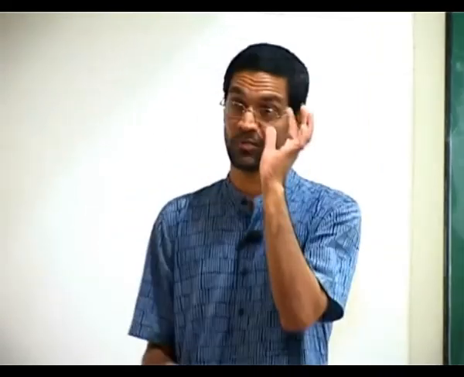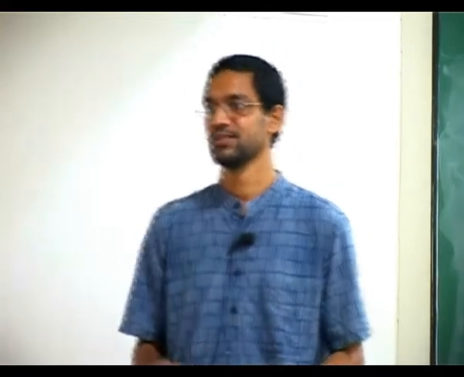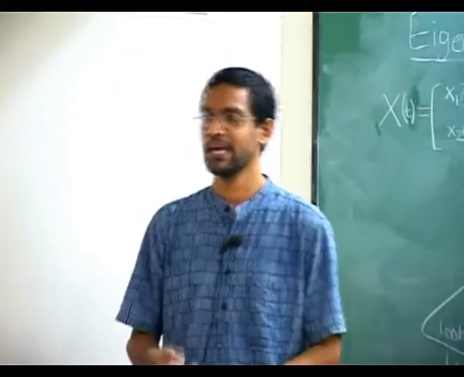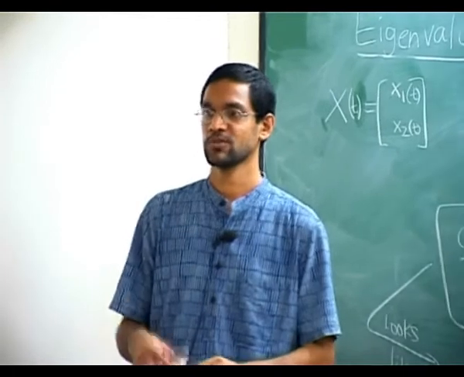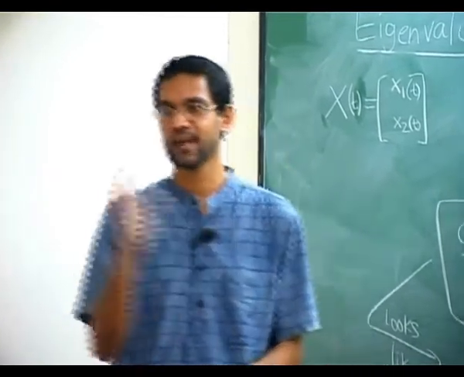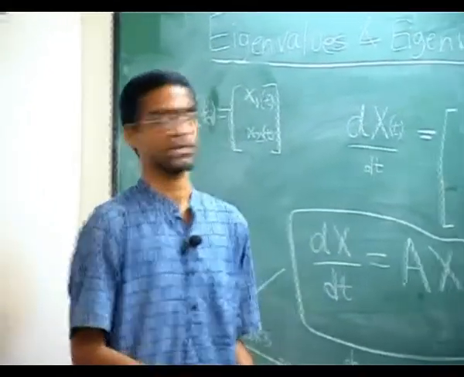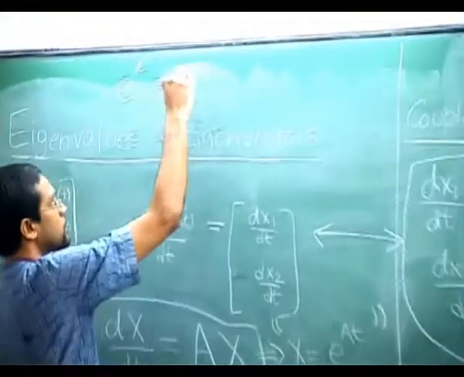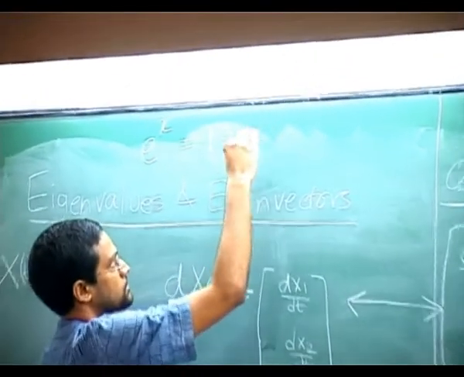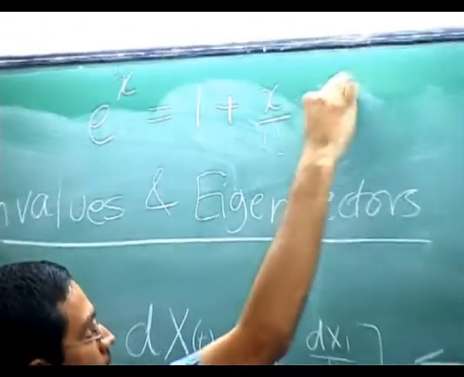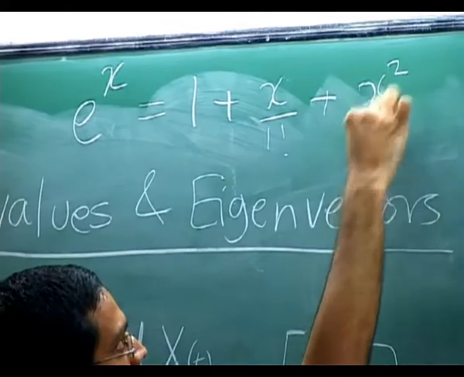Yeah? It is a series. That's the thing. That's more or less the only definition we have, right? So of course after that we look at the various properties of e to the x, and it's now so familiar that we don't really go back and think about what it was actually defined as. But the only definition we have is as a series really. That's the primordial definition. It is 1 plus x by 1 factorial, x square by 2 factorial, and so on.